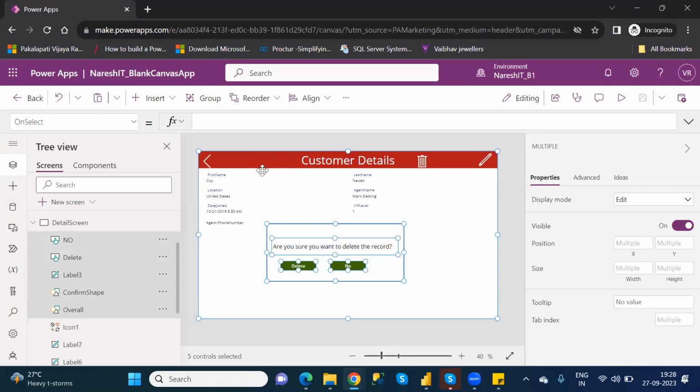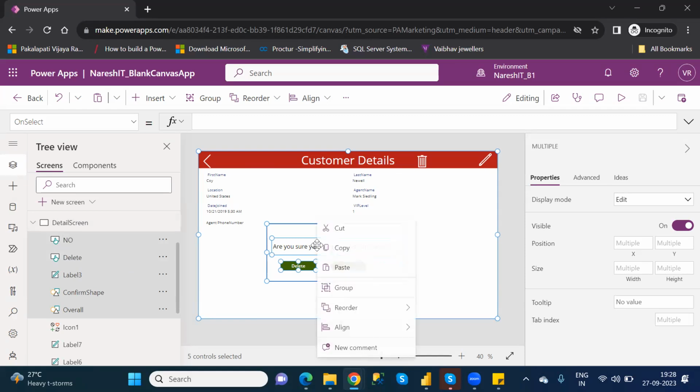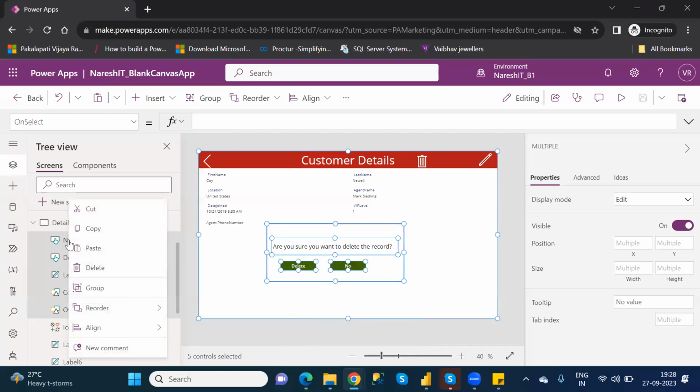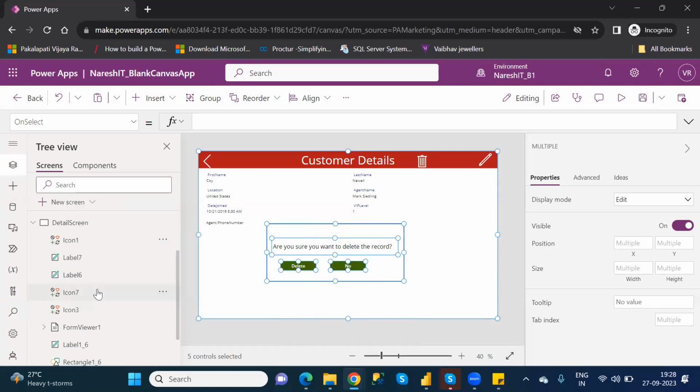Don't select it in the screens itself. Under that particular screen, whatever elements are available here, by using Control plus click you can select multiple elements here. After selecting all these things, right click on this particular one. Understand? Or else here also right click on this one. If you right click, you will have an option called group. See here, now all the elements are moved to this particular group.